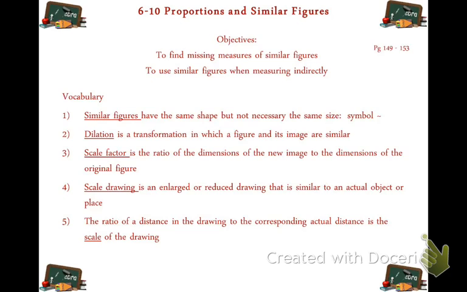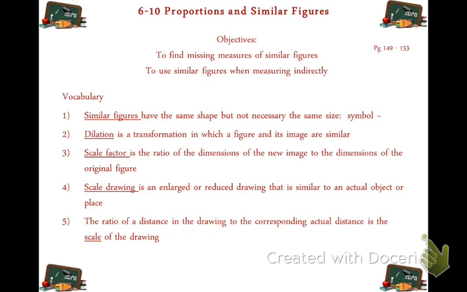So that's what dilation is. It's a transformation in which a figure and its image are similar. The scale factor is how big or how small it went from the original figure. A scale drawing is an enlarged or reduced drawing that is similar to an actual object or place. The main place we see that is